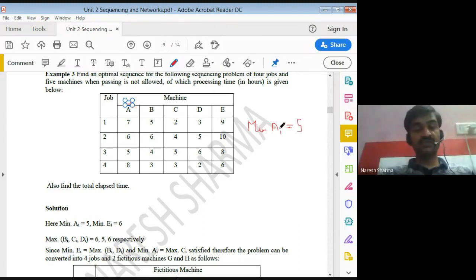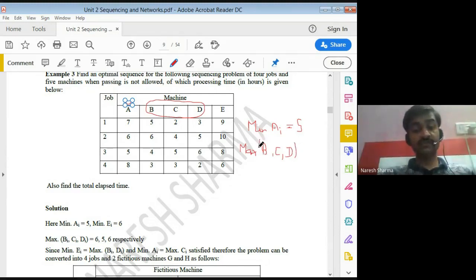You must write here the minimum of all values of machine A. Then the maximum of all machines except your first and last. We have 3 machines between, that is B, C and D. Choose the maximum value from all these 3 machines.